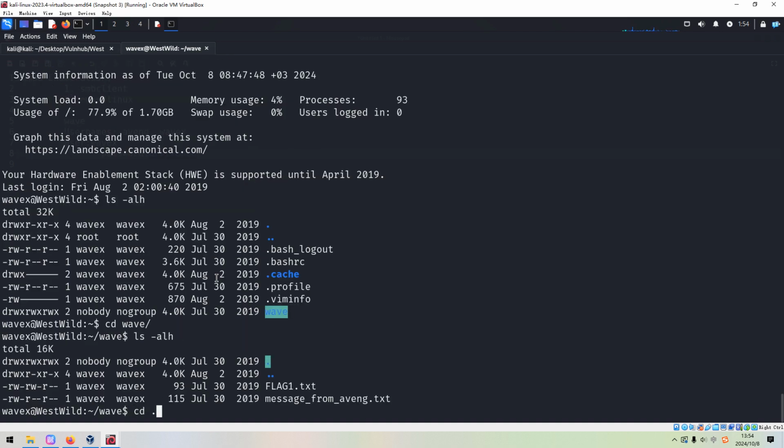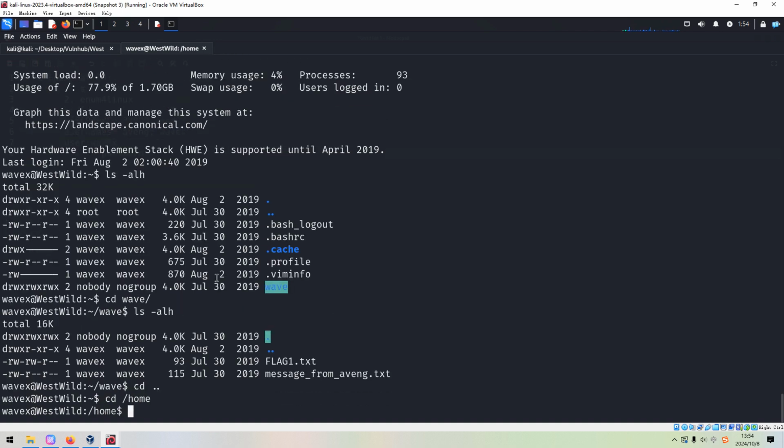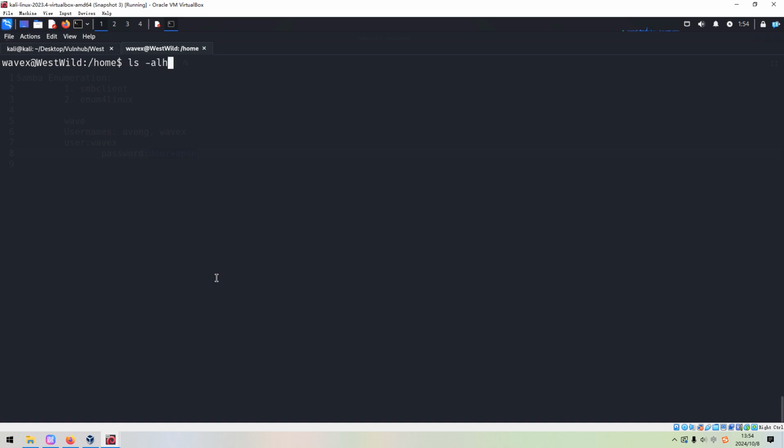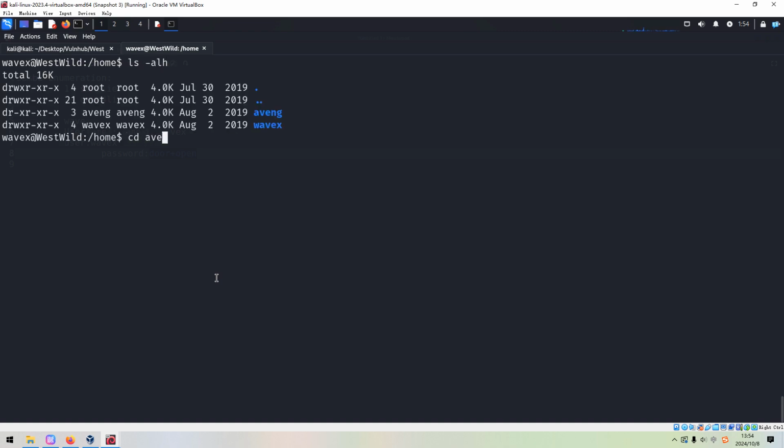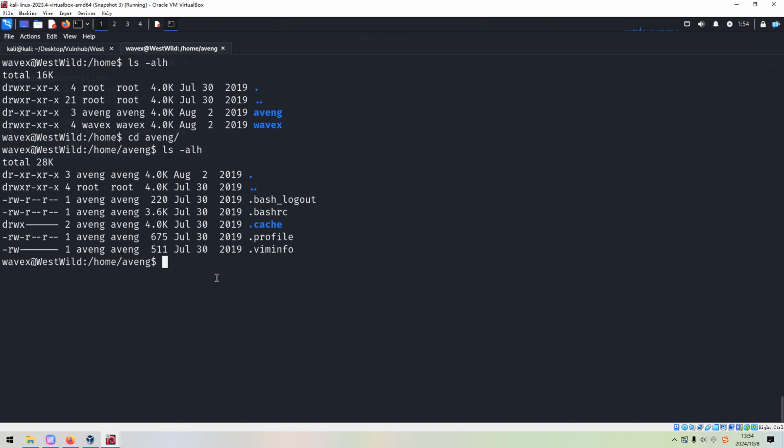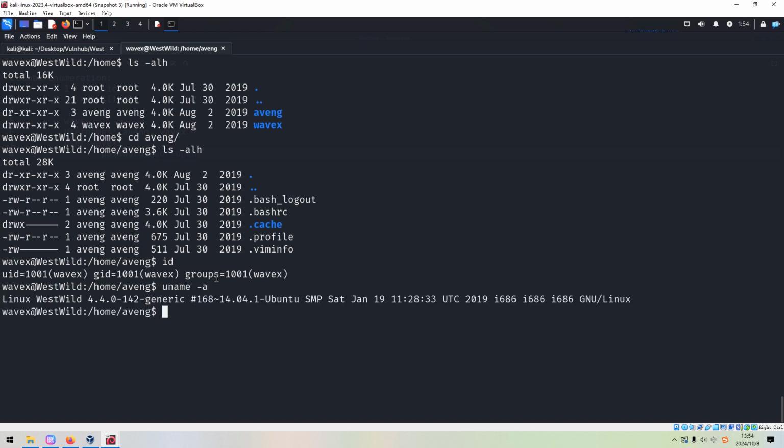So nothing there. And next we need to do some local enumeration. And nothing there. And also we can check the ID. And also we can check the architecture, which is 32-bit. And also the version of kernel is outdated.